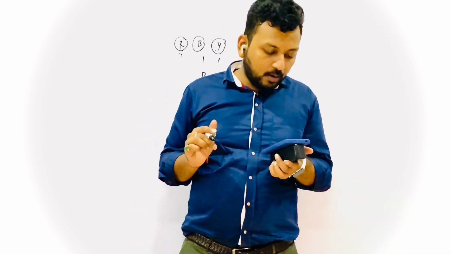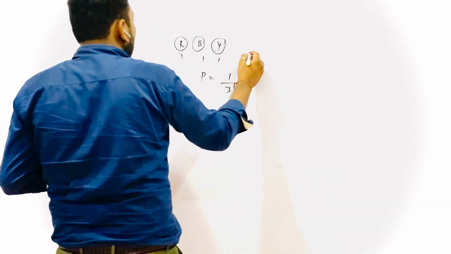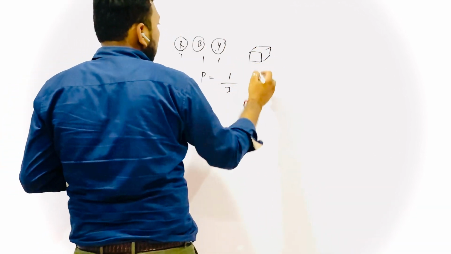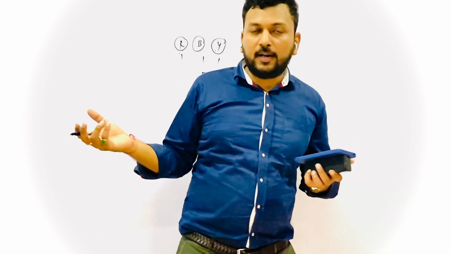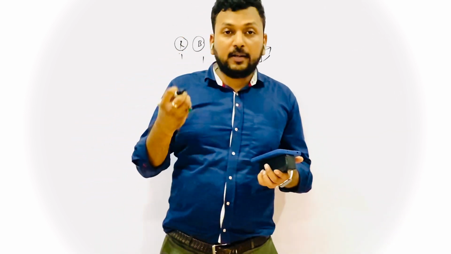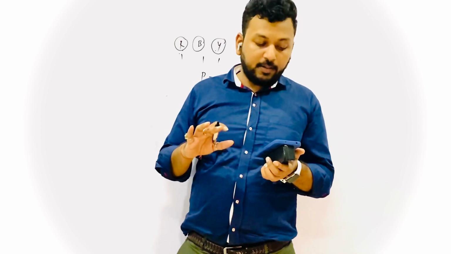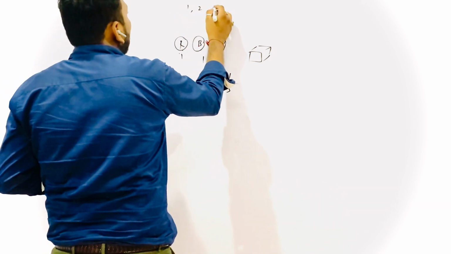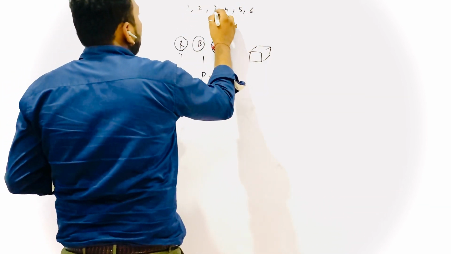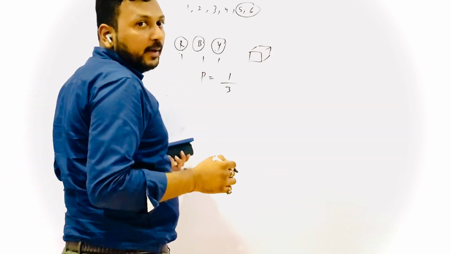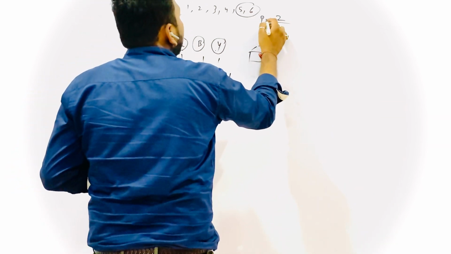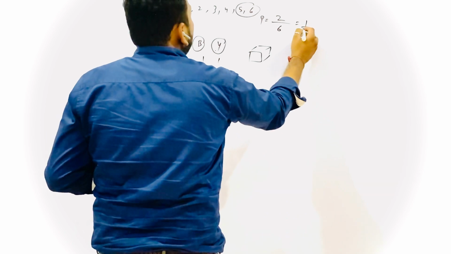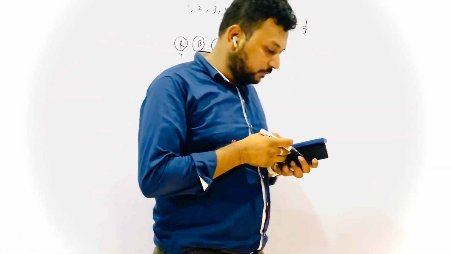Got it? Now example number 3. Suppose you throw a dice once. A dice has 6 faces. What you call that in Hindi? Gitta. So you threw a dice. What is the probability of getting a number greater than 4? The numbers are 1, 2, 3, 4, 5, 6. Greater than 4 you have 2 favorable cases. So 2 upon total cases 6, that is 1 by 3. Right?